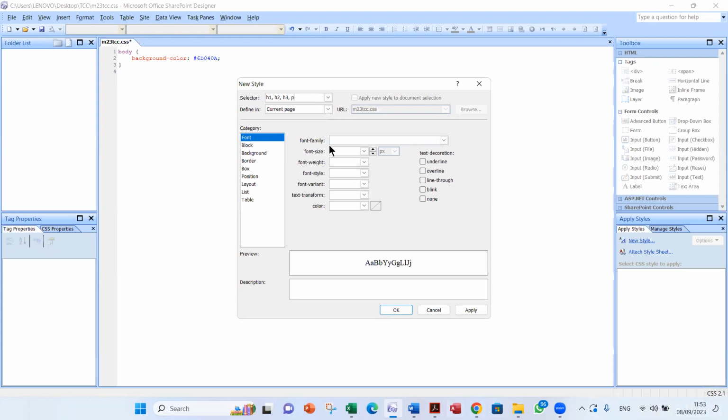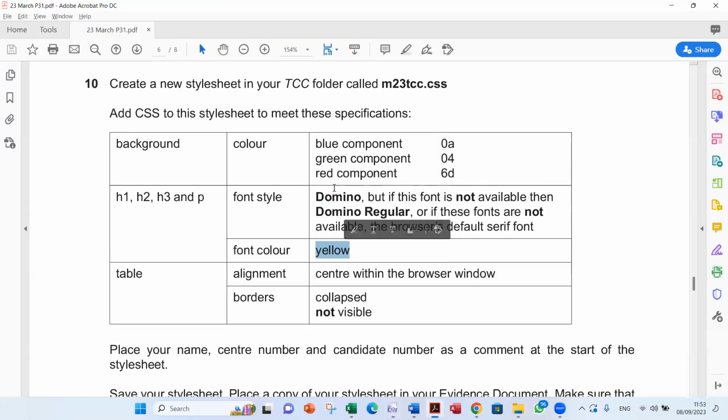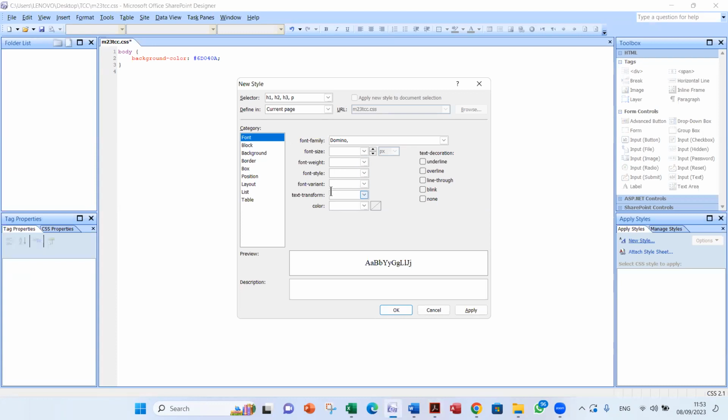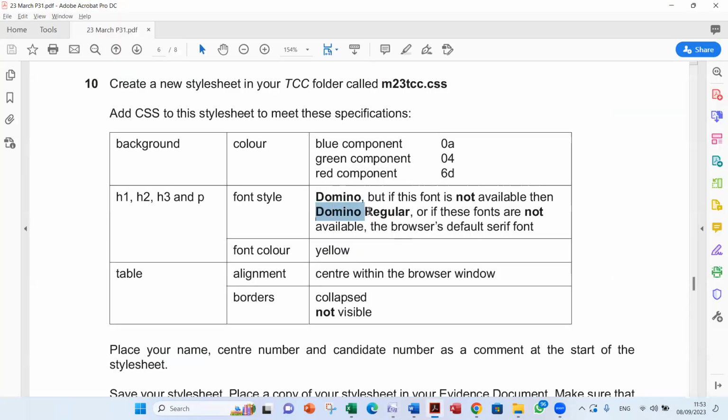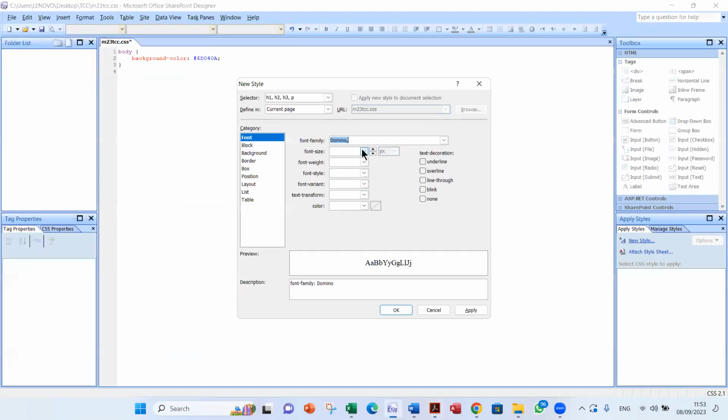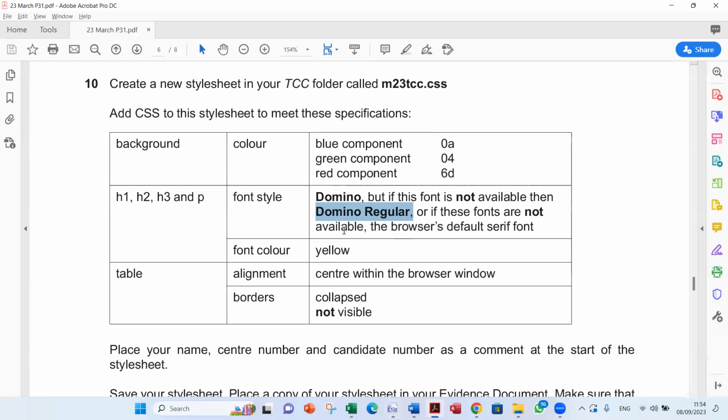And the font family should be Domino, comma. Type this, comma. If not available, then Domino regular. After the comma, put Domino regular. And if these fonts aren't available, you put serif.